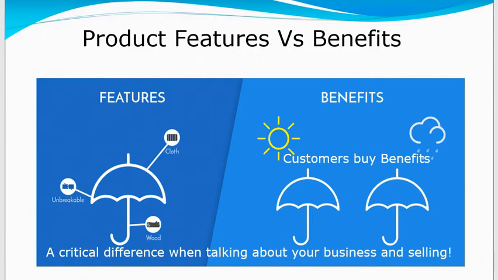So in this very example, if we're talking about the umbrella or sunshade, the features of the product are the material that it is made of. It's wooden, it's made of metal, it's made of cloth, it's unbreakable, things like that. And the benefits that you should actually communicate with this product are that it protects you from